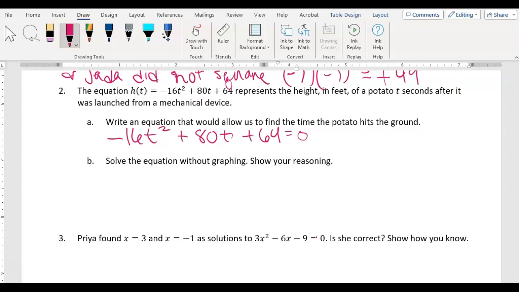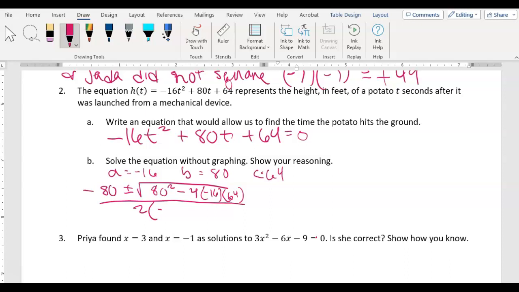So in this case, I'm going to go ahead and use my quadratic formula. So I have A is negative 16, B is 80, and C is 64. Negative B plus or minus the square root of B squared minus 4 times A times C all over 2 times A. All right. Now we have some big numbers here, but that's okay. We can use a calculator. Oops, forgot my plus or minus. That's important. Negative 80 plus or minus the square root of